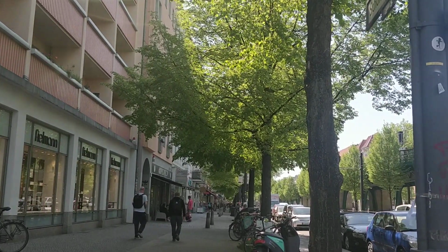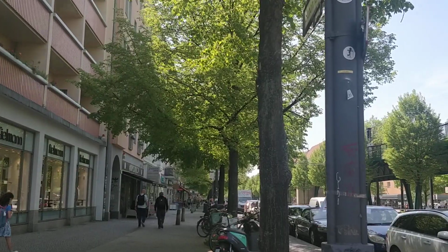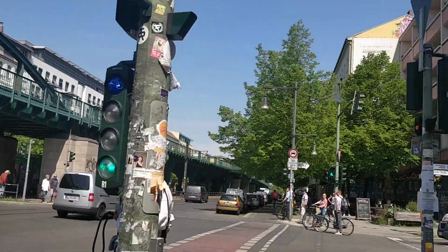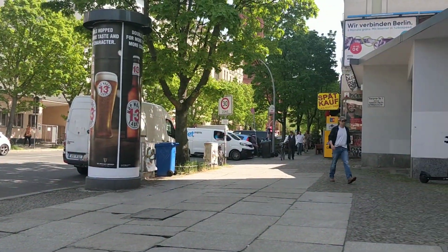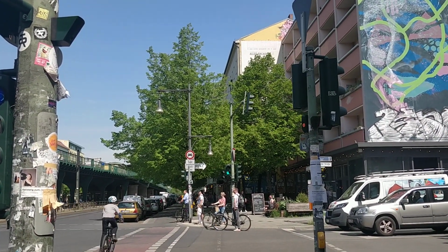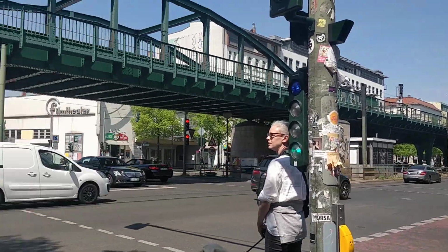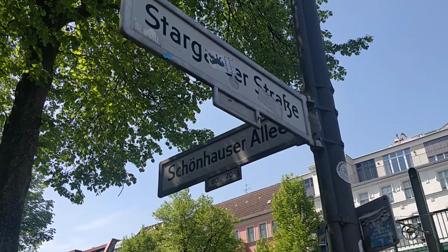Between here and Danziger Straße, maybe 1 kilometer down the road, there's some shops and cafes. It's not the liveliest of places. It's quite relaxed. The next hot spot was the street where I walked by this direction, and some things more up towards the Schönhauser Allee center. So I just walked on Stargarder Straße, and Schönhauser Allee is